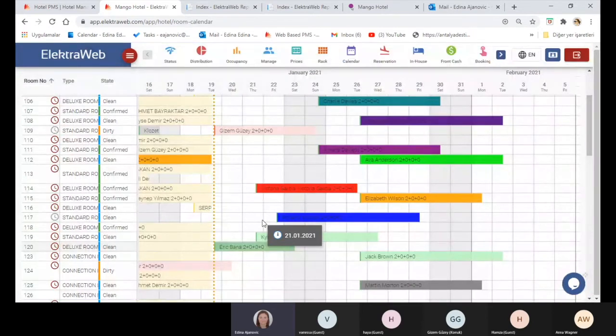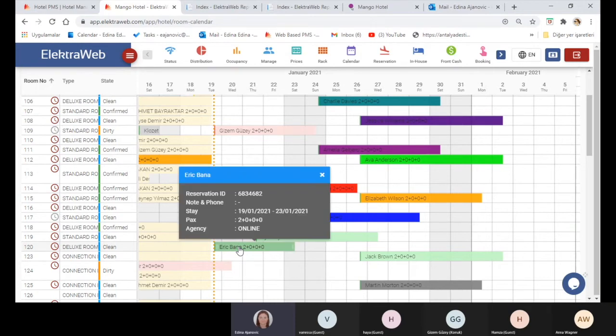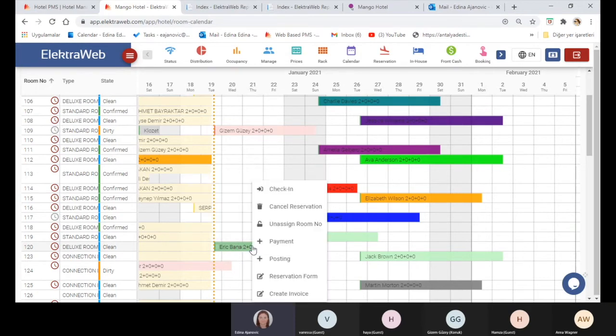Since we already are using the demo hotel, which is already set in, all these basic definitions that I quickly showed you in the setup menu, and based on the price and availability screen, prices that we define in that region, this actual reservation record is able to be set for the room number 120. It's a deluxe and clean room, and basically by clicking the right click on the box of this reservation,